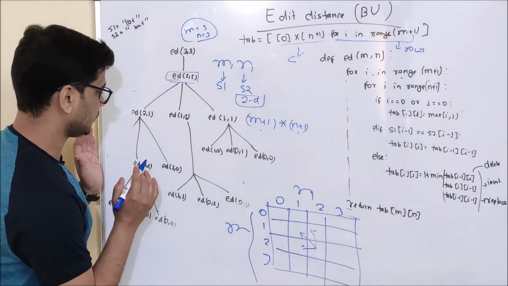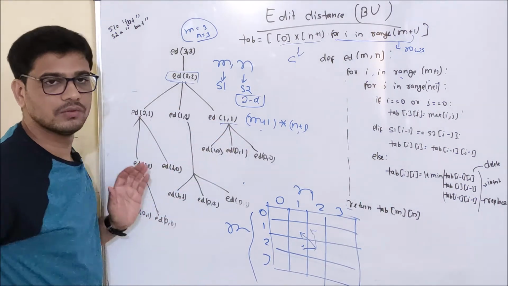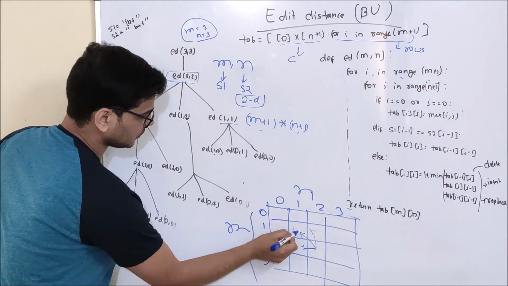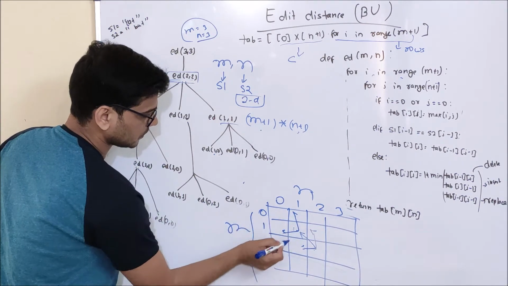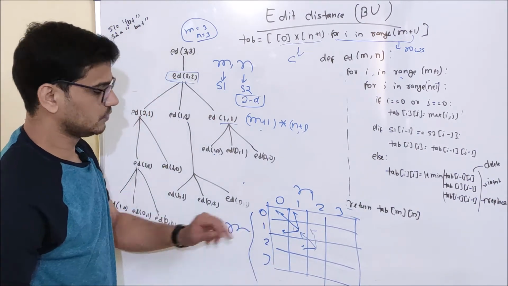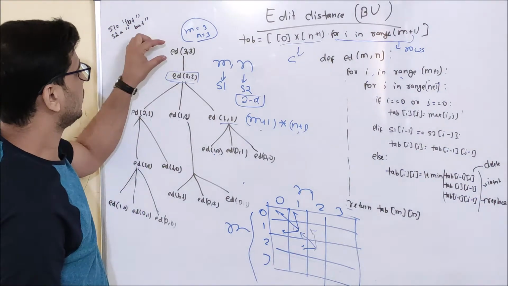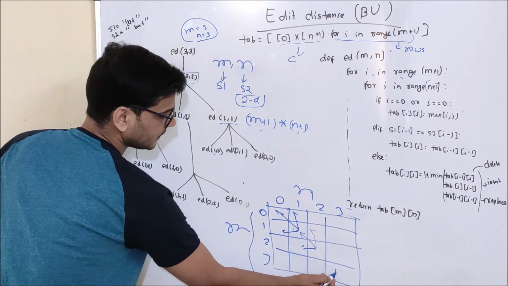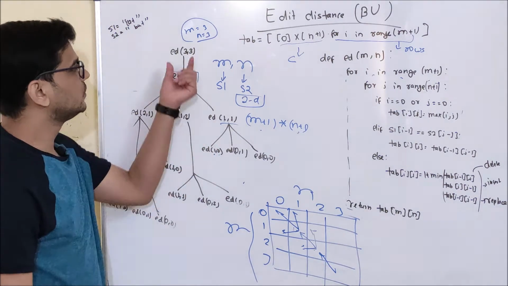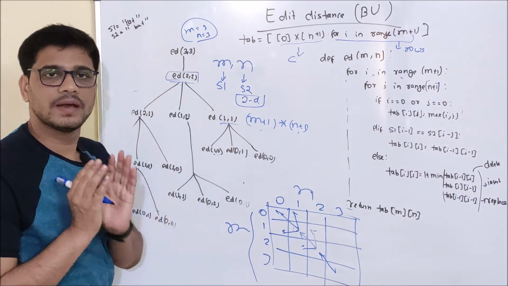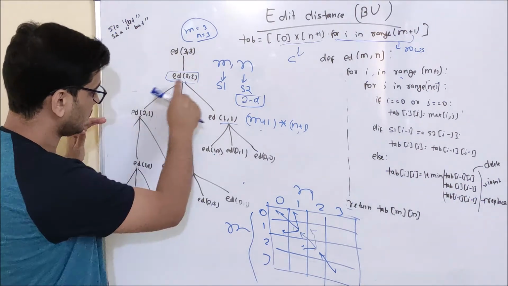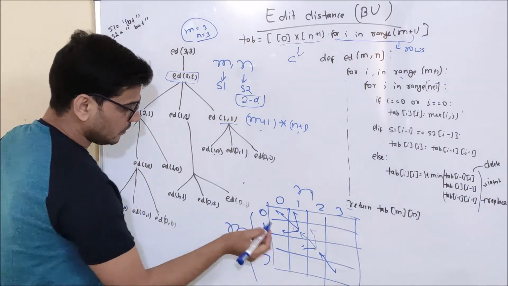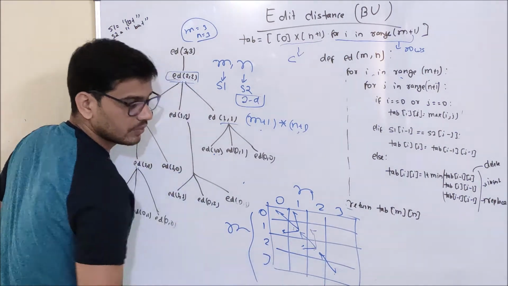Now let's take another example. This time I am taking the example of ed of 1, 1. So ed of 1, 1 is this cell. It is taking either from 1, 0, that is this, or from 0, 1 or 0, 0. So diagonal. Now let's see ed of 3, 3. This one is ed of 3, 3 and it is taking its value from the diagonal. So this is the case when the characters we are matching are equal, and these are the cases where the characters were not equal. So even if your characters are equal, your value is coming from the diagonal.